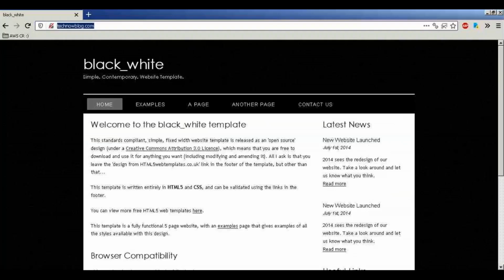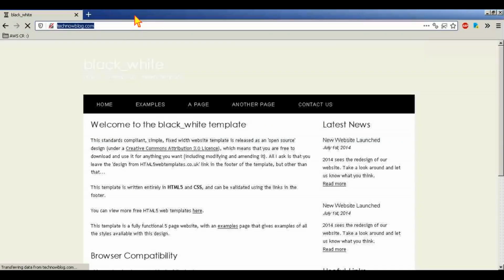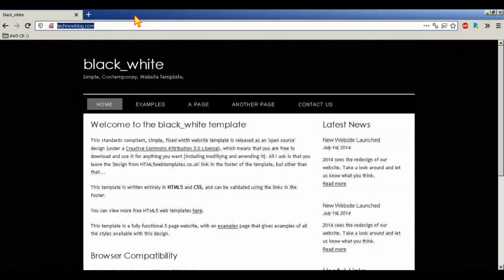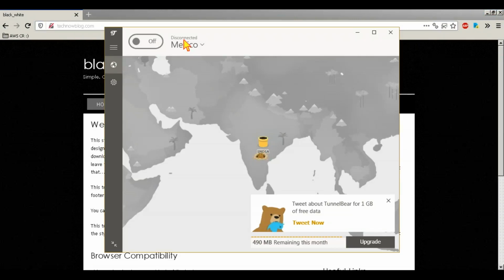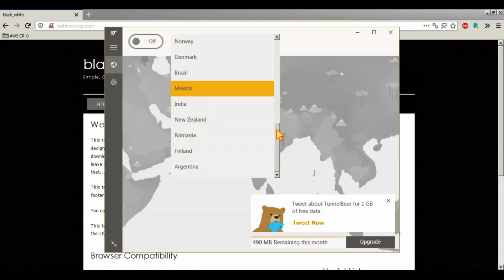Now we will see whether that is working. So now I am coming from India. You see, I will always get only the India website. I will never get the US website. Now it is purely based on location. Now if I connect to a US location on my VPN,